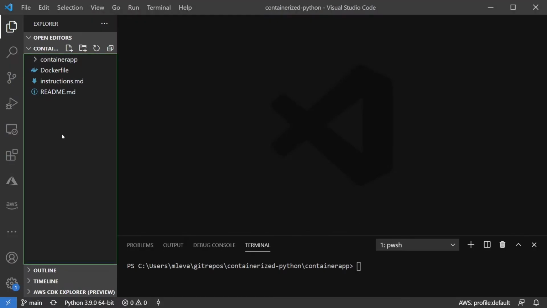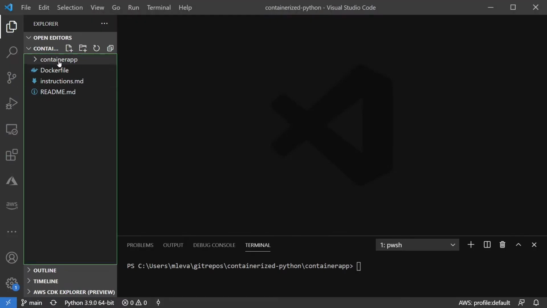And what we're going to be talking about is how to take a Python Flask app that I've already written, but I'm going to go ahead and show you all the code and stuff like that. We're going to take that code, we're going to containerize it, and we're going to run the container. So let's go ahead and jump right into the demo and see how we can take a Flask app and containerize it. Let's go ahead and take a look at the application itself first, and then we'll talk about the